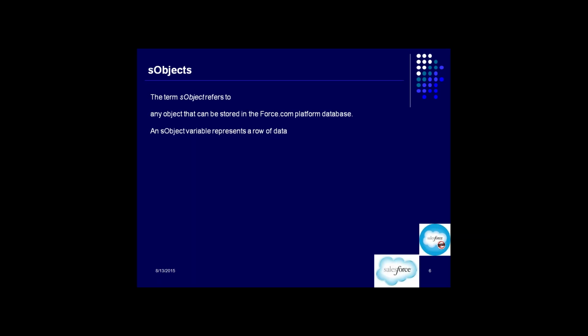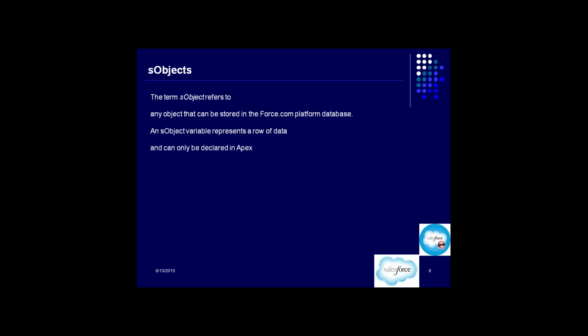If I have an account, IBM, and I define a variable for that account, it will have a full row of data, because my account has a name, an industry, a created date. There is so much data attached to it. So an S object holds a complete row of data, not just a single value, from that particular Salesforce object,